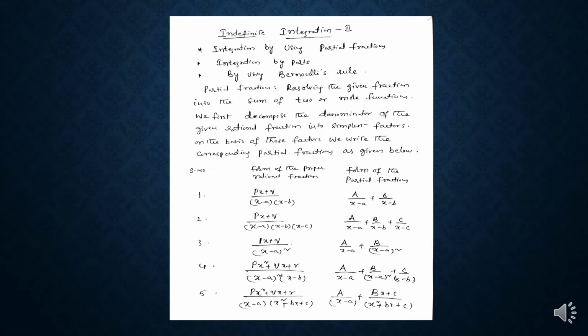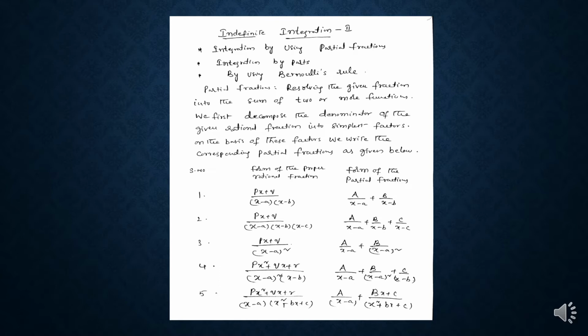If the given fraction is a proper fraction in the integrand, proper fraction means if the degree of the numerator is less than the degree of the denominator, that is called as a proper fraction. If not, that is called as improper fraction. We can resolve the proper fraction into partial fractions. If it is an improper fraction, then divide the fraction and change it into proper fraction. Then only we can transform it into partial fractions.